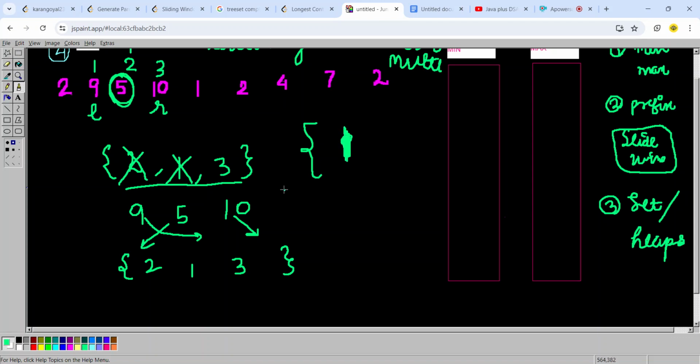When I put 2 as an index, the number at 1 is 9, the number at 2 is 5. So you have to compare 9 and 5. Which one is smaller? 5 is smaller. So 2 will come first in the ordered set, 1 will come later.